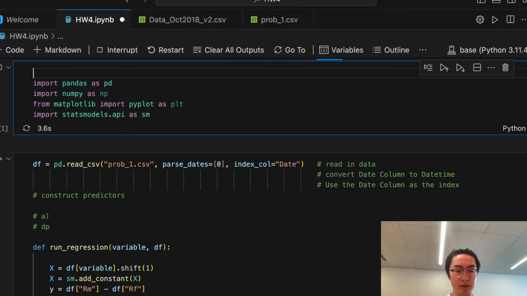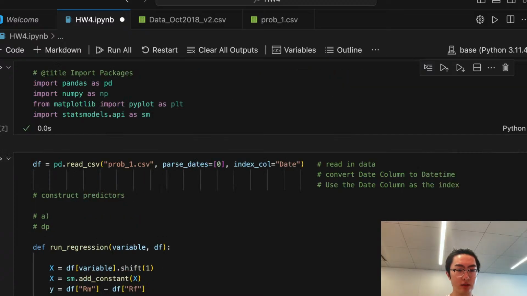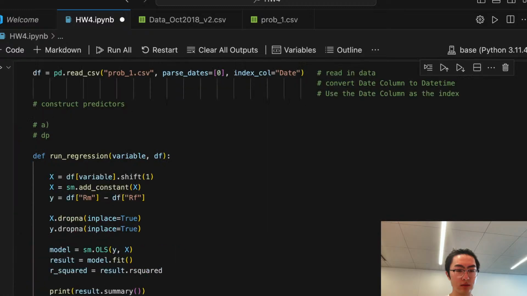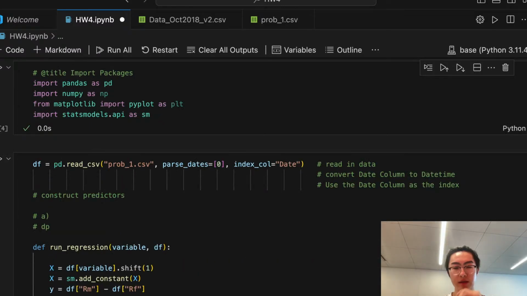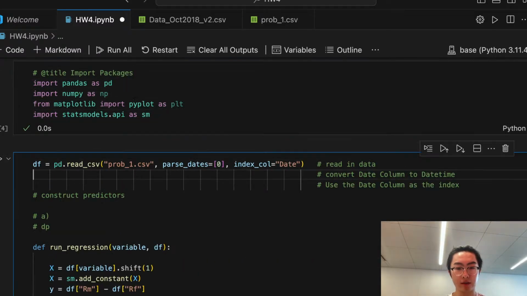This is maybe the title, import packages. Okay, I guess there's no way to do that. Let's see. So read in the data here. Read in quarterly